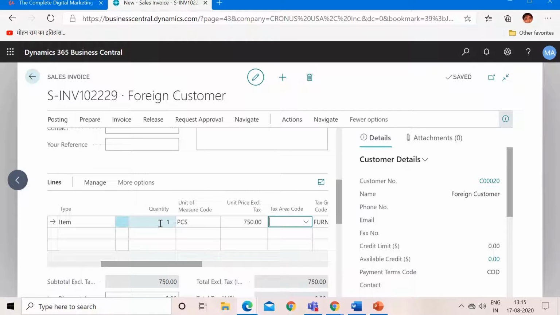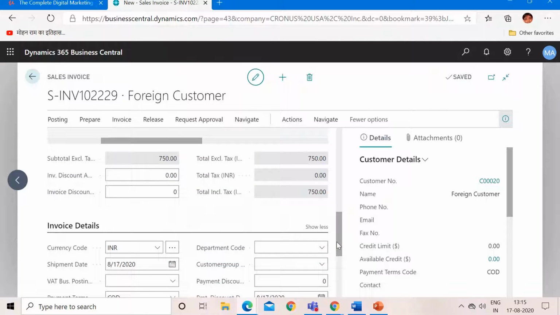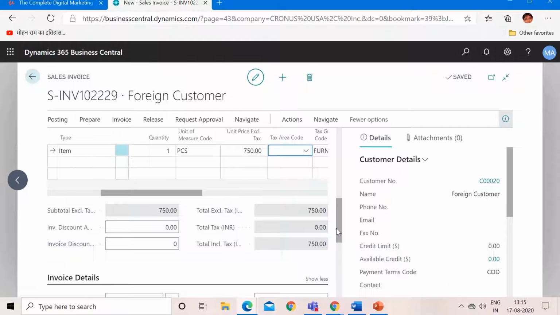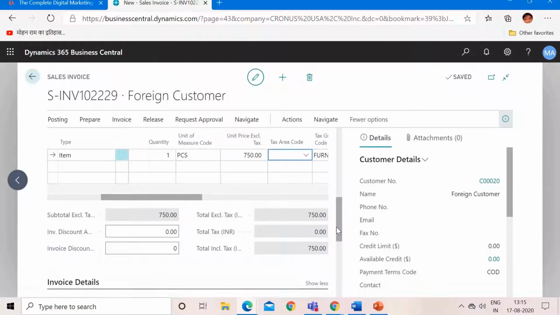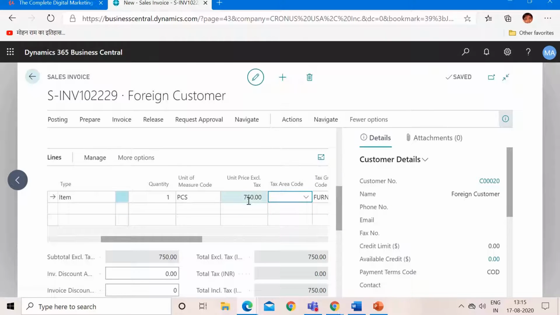This is my INR rate, it is not the US dollar rate but the INR rate. It totally depends on what currency code you are choosing on your invoice. Whatever currency you have input, the system will take the price as per that currency only.